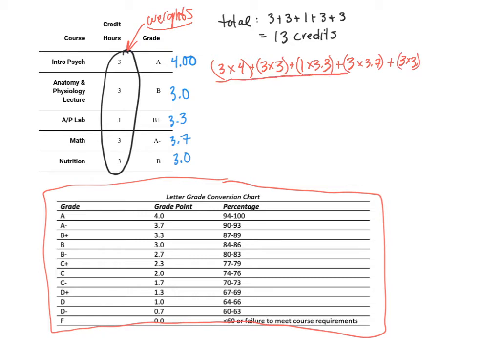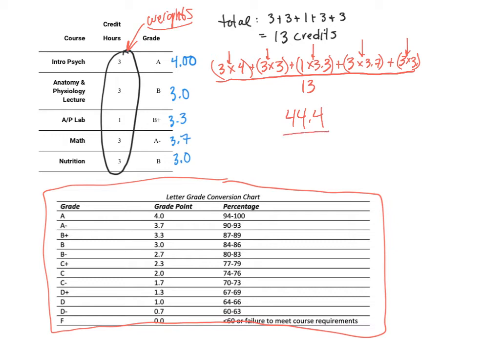And then we want to divide by the total number, which we know, again, previously we were associating this with a percentage, so the total percentage was 100%. But in this particular case, the total weights, the total sum of all the credits is 13. So in my calculator, I'm going to go ahead and sum. I'm going to multiply all these values here, and I'm going to add them together, and I'm going to see what I get. So I put that in my calculator, and I got 44.4 divided by,